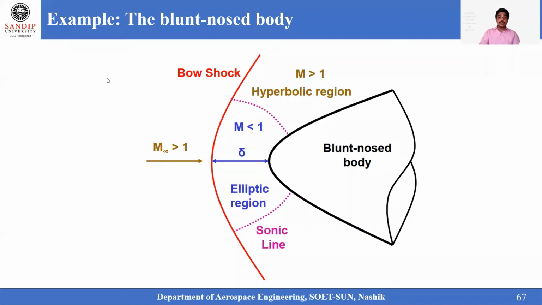You can see I have brought a blunt body. You can take it as a blunt-nosed re-entering body, where the body is re-entering into the Earth's atmosphere. Here, you might have dealt with the shock wave on this body in your previous aerodynamics study. This type of shock wave we call a bow shock, as it does not have a perfect oblique angle, nor a perfect angle of 90 degrees. So we say this is a bow shock, a combination of normal and oblique. Where it is normal, if I annotate it, at very small angles when I am annotating it.